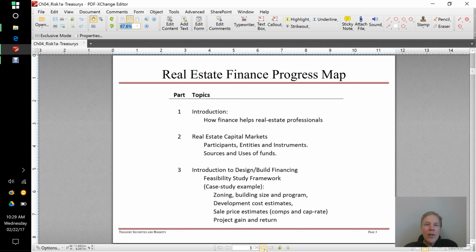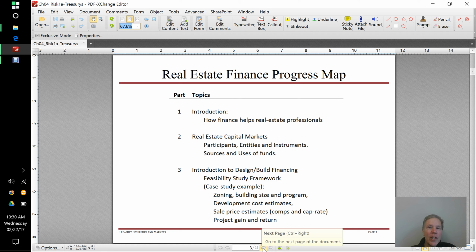Okay, so I want to begin with just putting into context where we've been in this course and where we're going. We started out with an introduction showing how finance helps real estate professionals. Then we looked at some issues about real estate capital markets: who participates, what the sources and uses of funds are, what entity types there are, and what types of financial instruments there are. Then we went into part one of our design build financing framework, and we did that through the prism